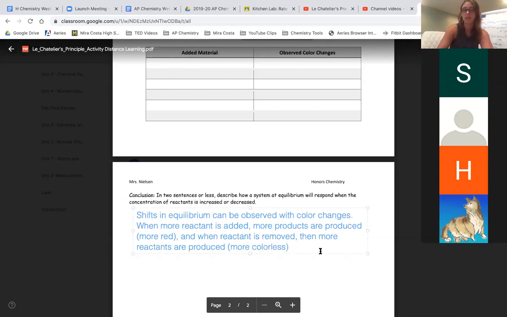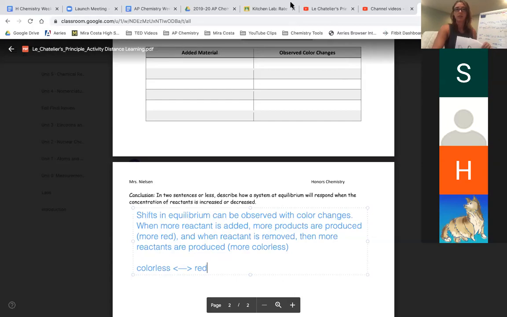So you just think of it this way. It might even be easier to think of it this way, where you think of the reaction in terms of colors. The reactants are colorless and the products are red, right? And so if I add more reactant, it got more red. If I take away reactant, it got more colorless, okay? And so this is kind of an interesting phenomenon. And essentially what I'm doing here,